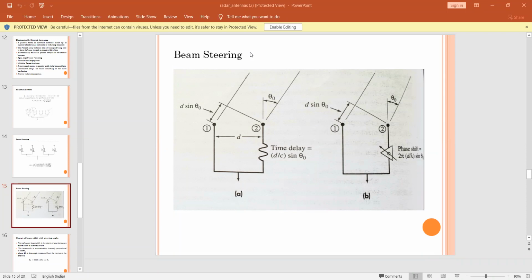However, this can be quite complicated and in general unattractive with the available technology. So instead, it is much simpler to employ a modulo 2 pi phase shifter, with phi equal to 2 pi f naught delta t, or 2 pi d by lambda sine theta, as shown in figure 2, where f naught is the frequency. The signals are in phase rather than coincident in time. This is illustrated here.